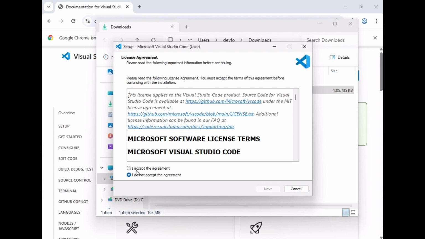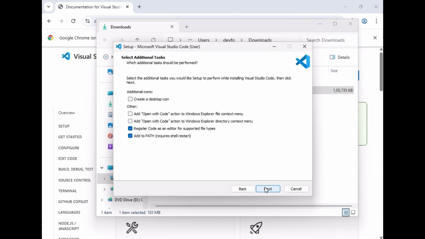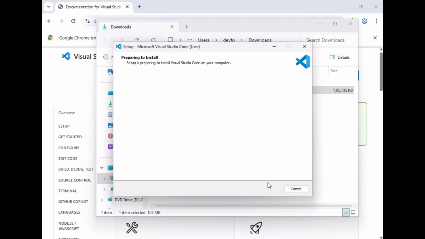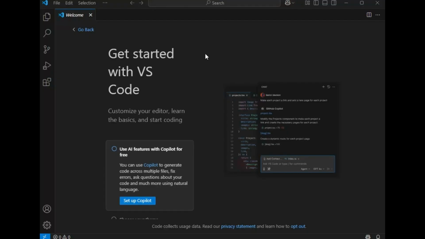You can see over here, click on I accept, click on next button, click next, install. So you can see now the installation has been started over here. You can see the Visual Studio Code is successfully installed over here and we are able to open the Visual